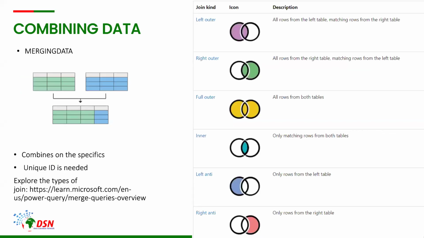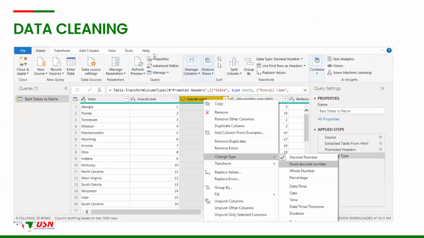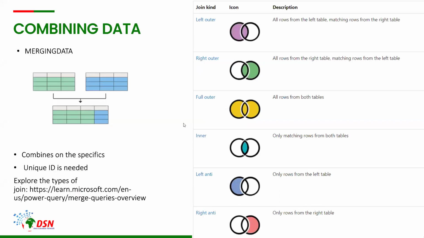Moving on to merging data. For merging data, it's otherwise. In merging data, you actually need a unique identifier to combine both. So I'll be walking us through the different types of joins. In merging your data, there are different ways in which you can combine the data,